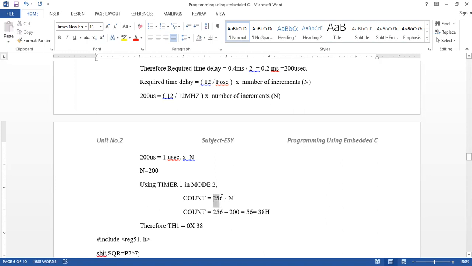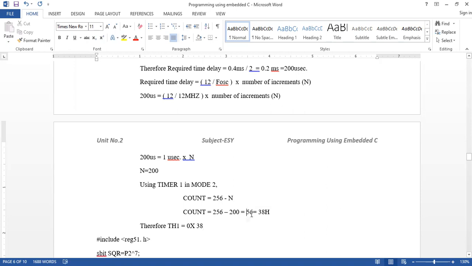Why only 256 is needed here? Because the timer is operating in mode 2, meaning it is 8-bit mode, not 16-bit mode. That's why we are subtracting the count from 256. So 256 minus 200 is equal to 56.